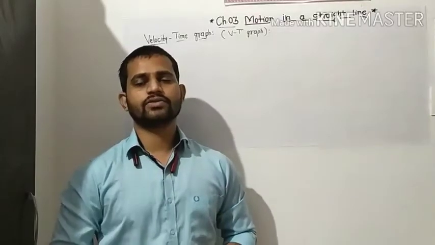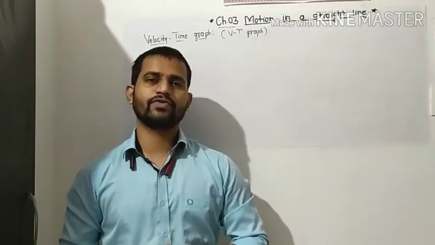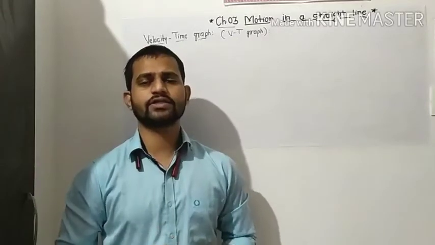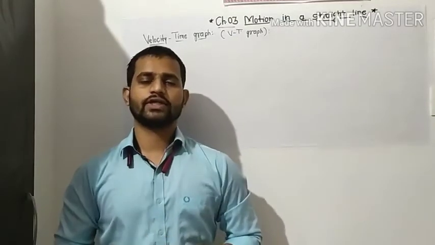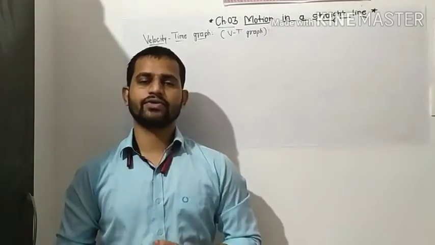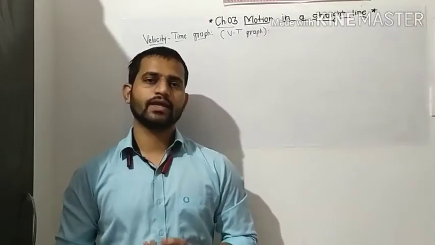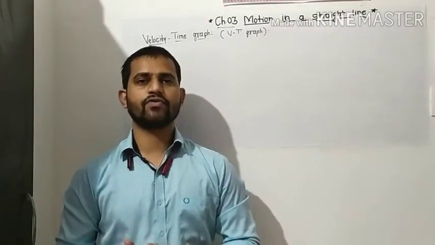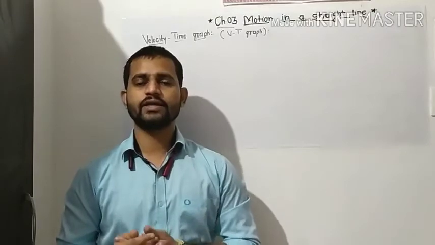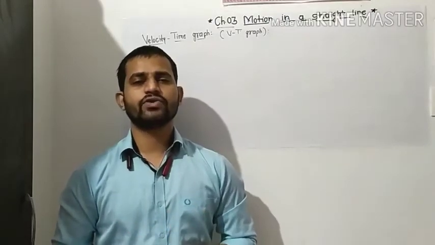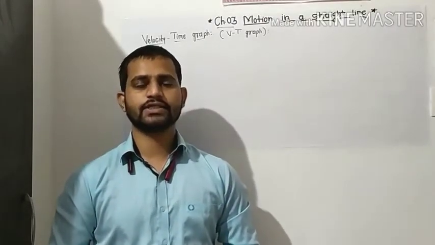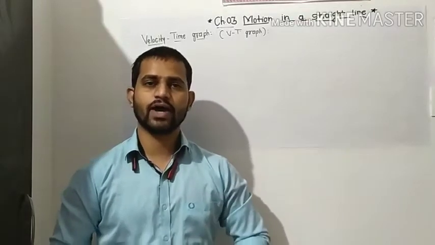What is the xt curve? Similarly we have to go for the VT curve. In the xt curve we have gone for some displacement and according to its time. Now in the VT curve we have to go for some velocity and the time. Now which quantity should we consider for the x-axis and which for the y-axis?